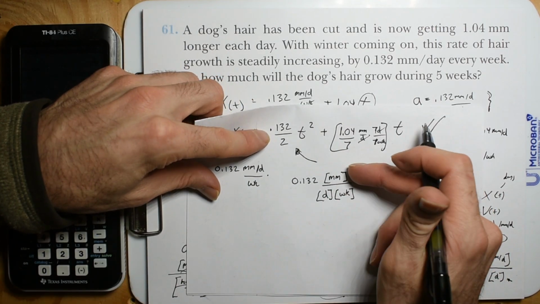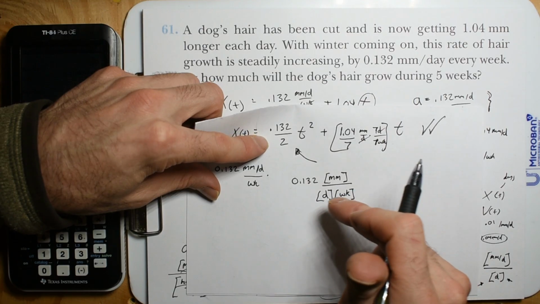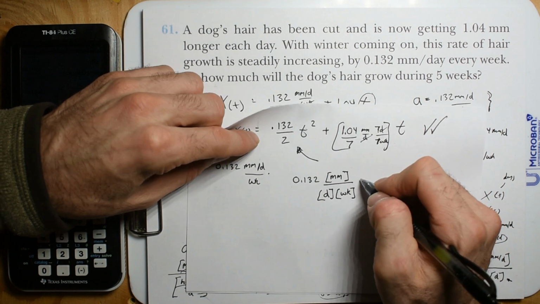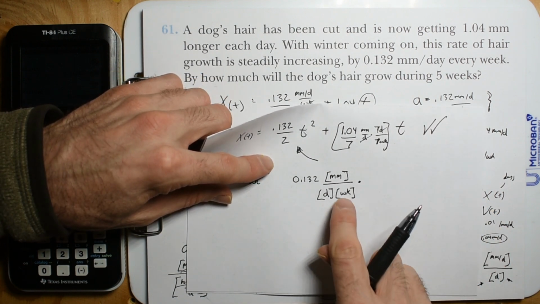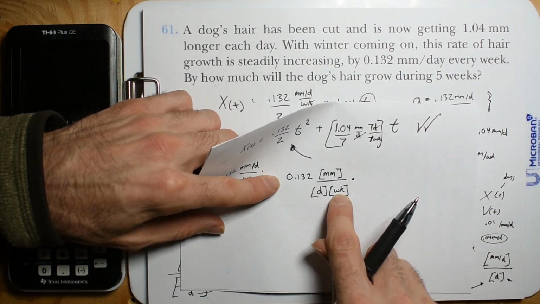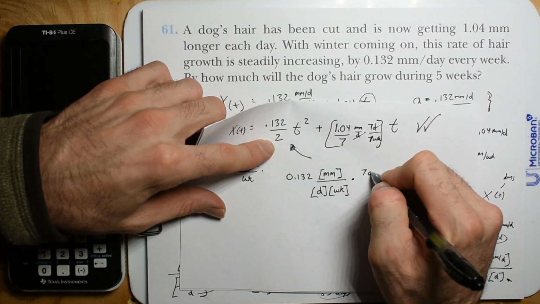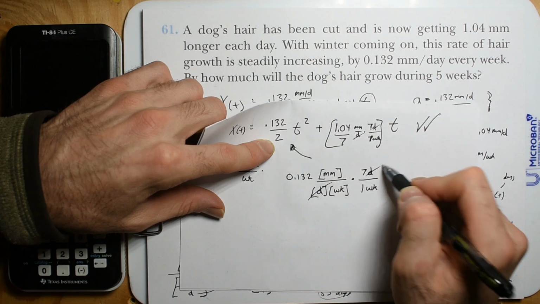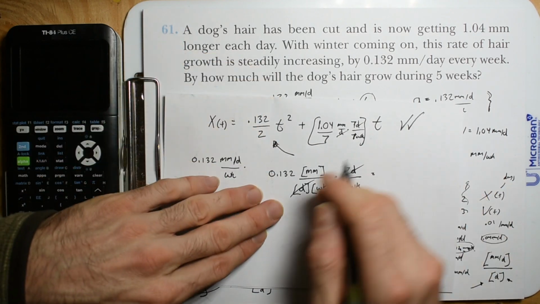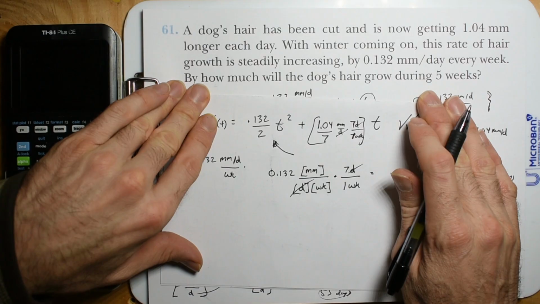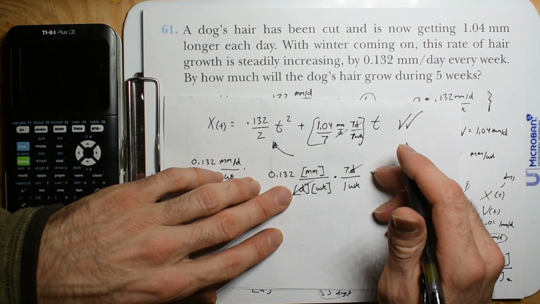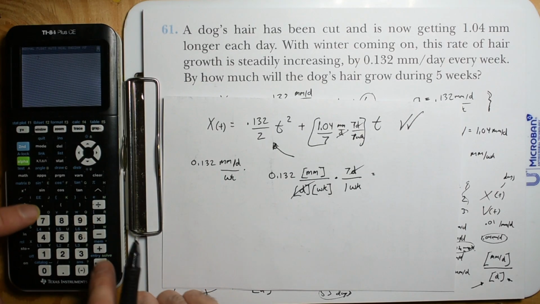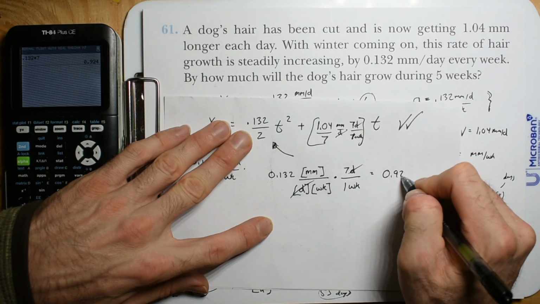Usually acceleration has seconds times seconds down here. That'd be meters per second squared. That's typically what we have. All right, but now we want to just get these units in weeks. So we're going to say 7 days is 1 week. Cool. And then this unit will cancel that unit. And now this times 7 is going to give us 0.132 times 7 is 0.924